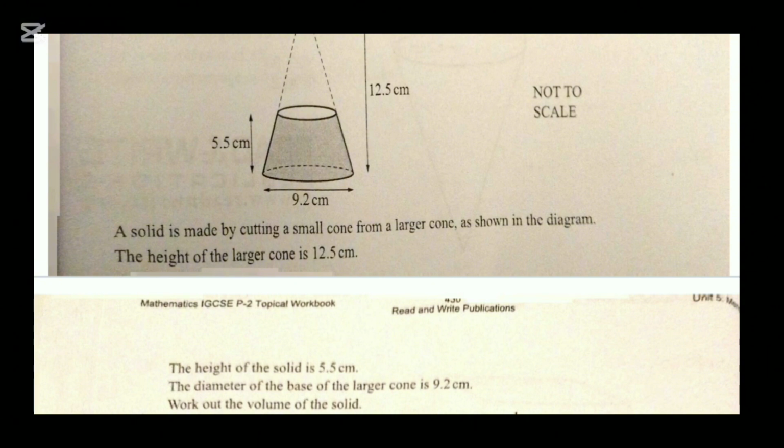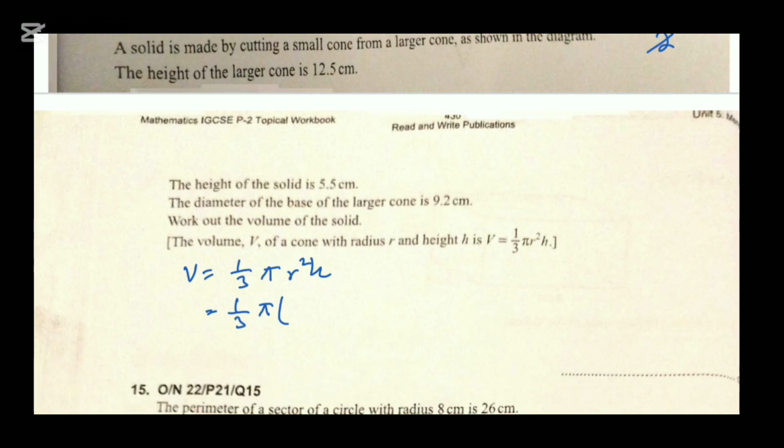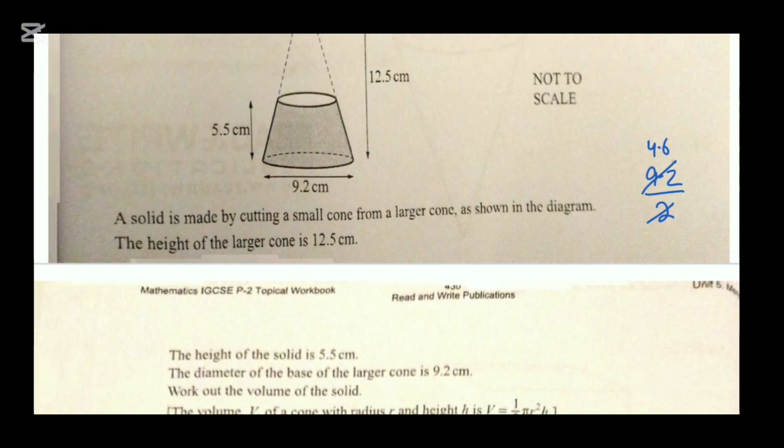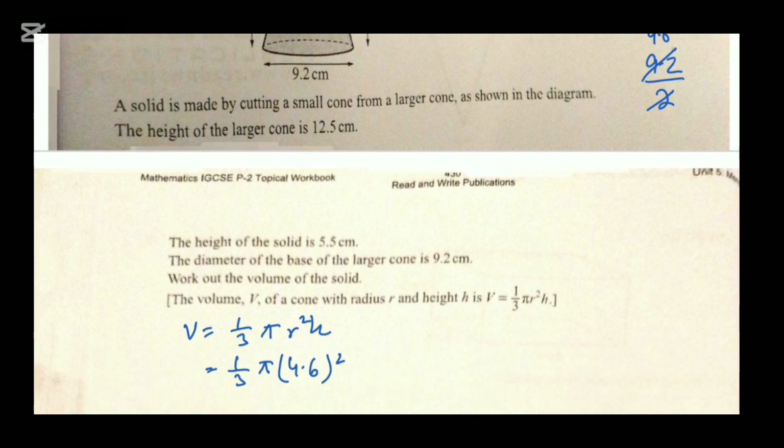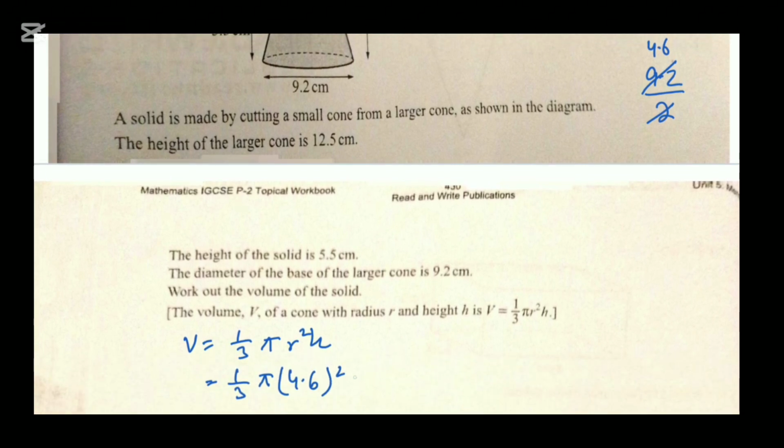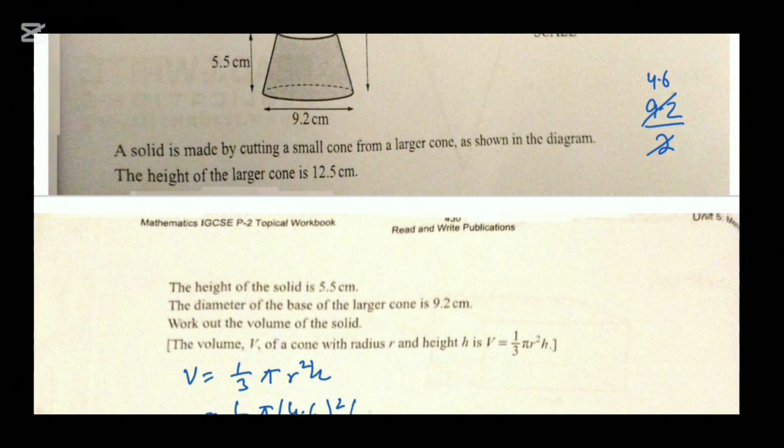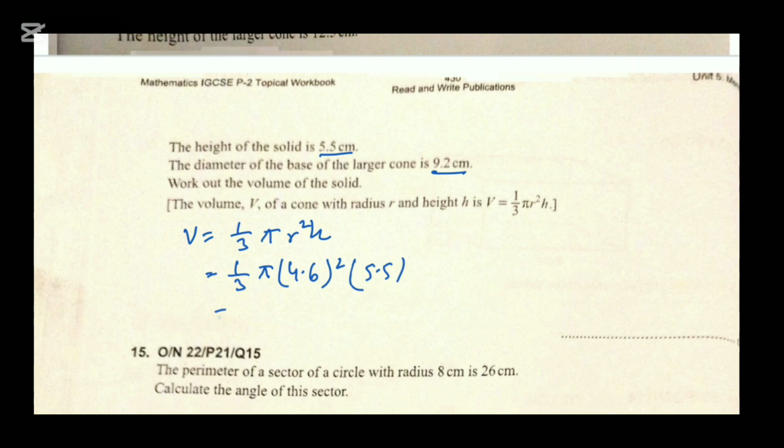The radius is half of 9.2, that is 4.6. So the radius is 4.6 here, because 9.2 is the diameter. So the radius will be half of the diameter. It will be 4.6, and h is given to you, that is 5.5, height and diameter. And now